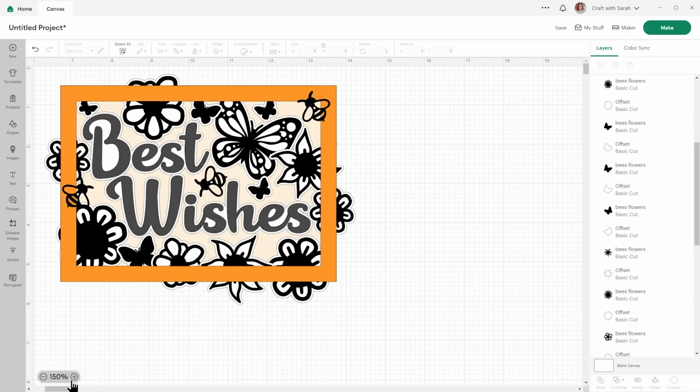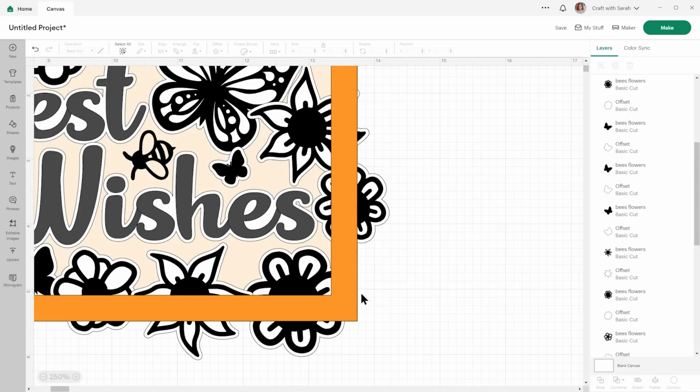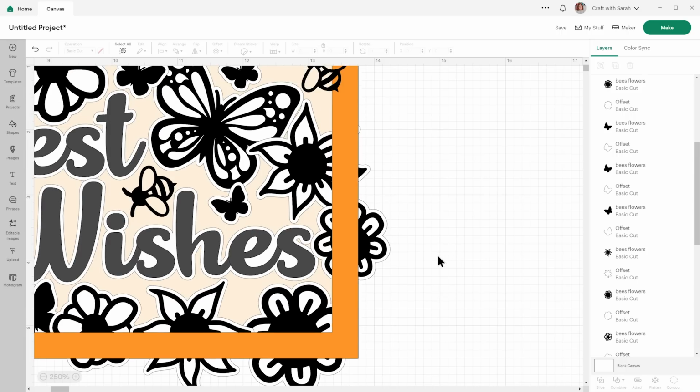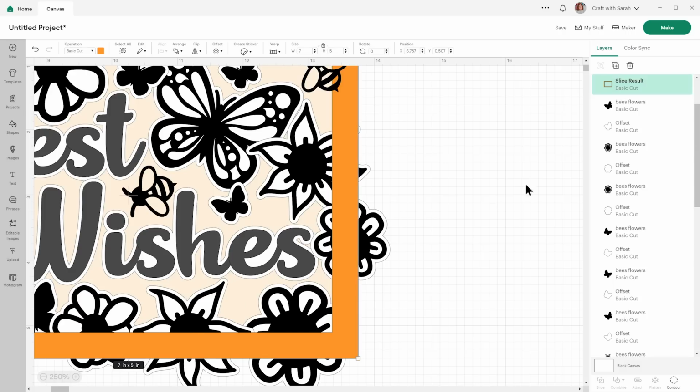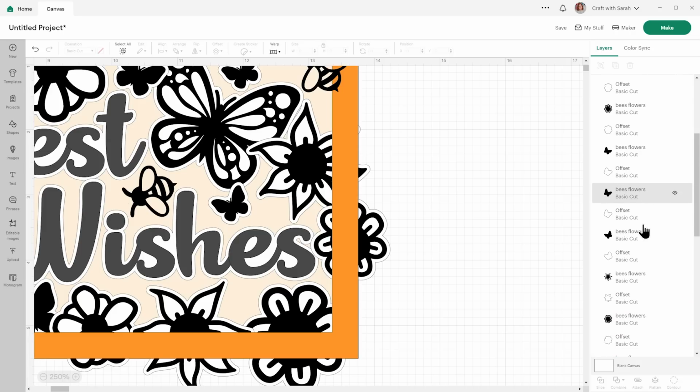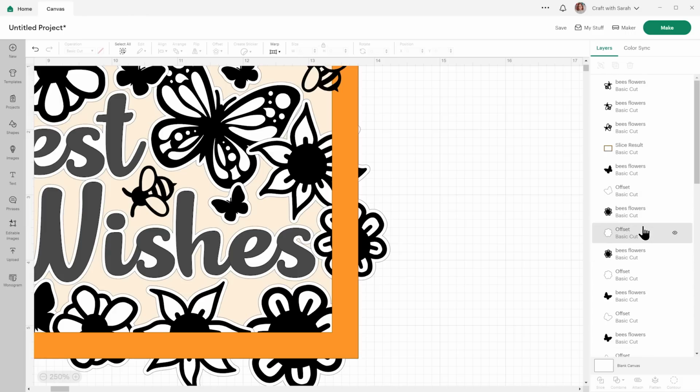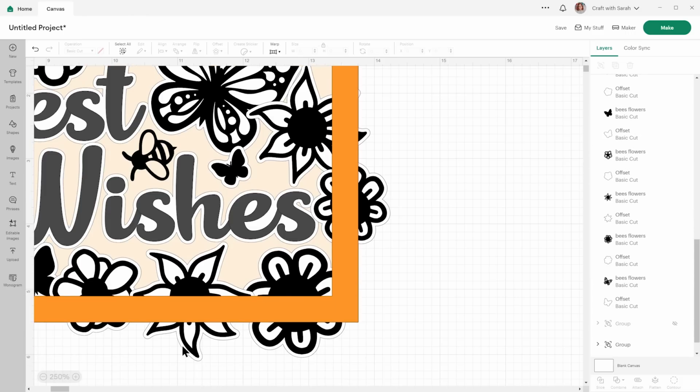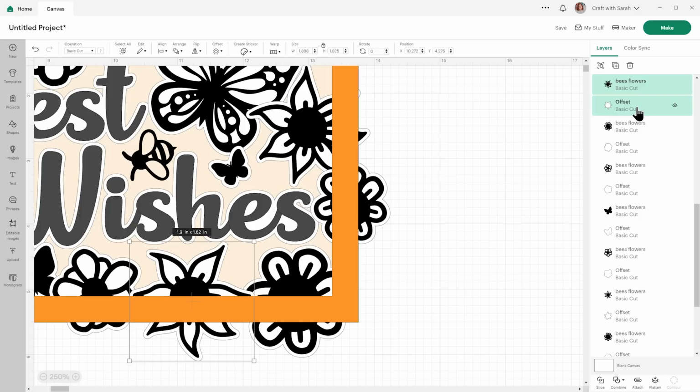Now at this point, it's time to check the positioning of everything, and it's much easier to do that if you zoom in. So we're wanting to check that we've got enough overlap that everything's going to be joined together, and also that there aren't any little spaces like this little gap here between the flowers and the text. If there are, then you can select the layers. Sometimes it's easier to hide that border. And, oh, that unselected it again. Make sure you move the offset and the picture.